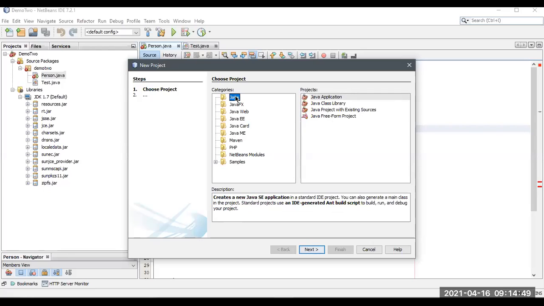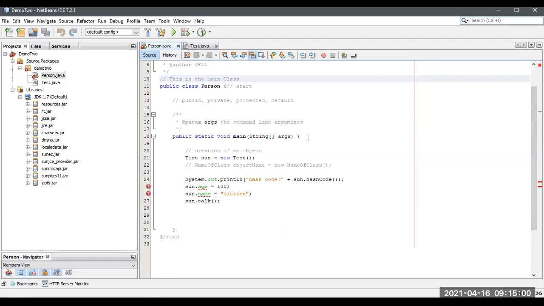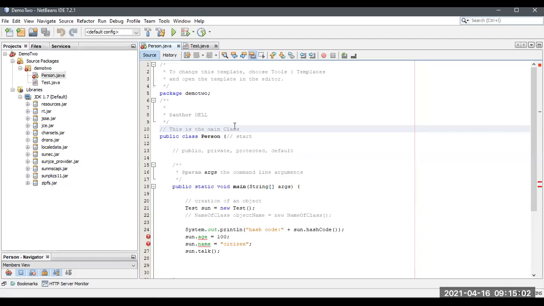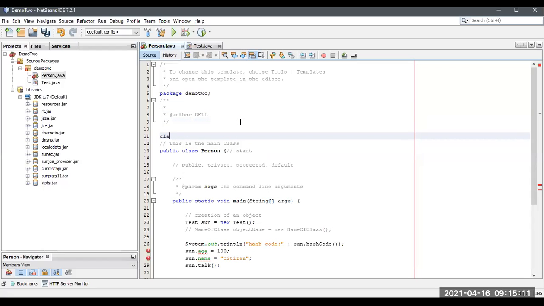Now we are working only on the basic standard edition, Java SE. Inside that, we are going to choose a Java application. Okay, let me minimize this. Yesterday we had a class within the same program. In the person's program, we had a class like a test class.